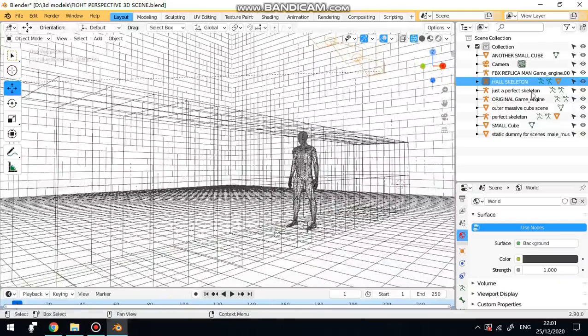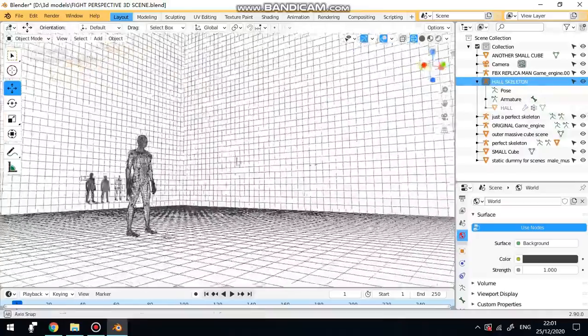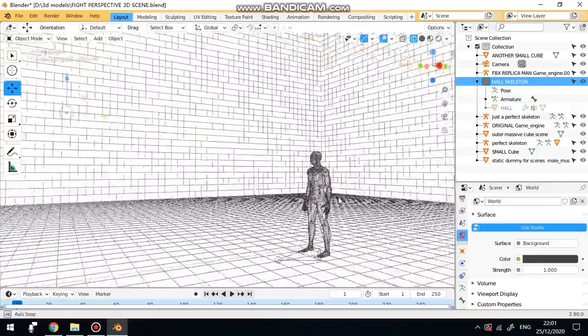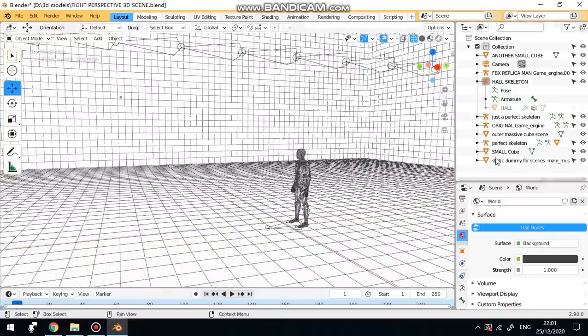You could turn off the visibility of my, where is it? Excuse me, original, hold on, hall, where's the hall? Hold on, static dummy, hold on one second, I'm confused. Oh, here we are, right here. Yeah, turn off the visibility of this and just go with a scene like that if you wanted to just use it. You've got all these grid lines on the walls, on the floor for extra. You could obviously move this cube,